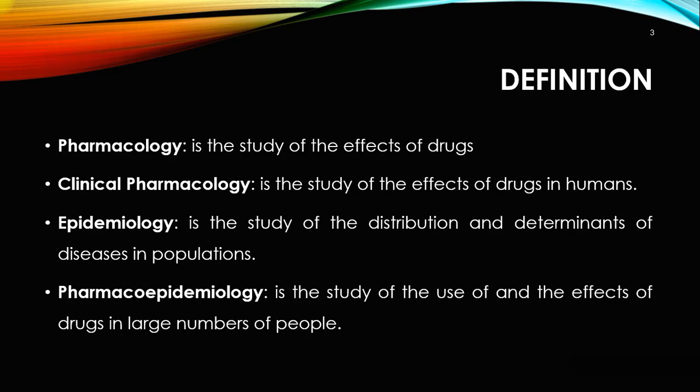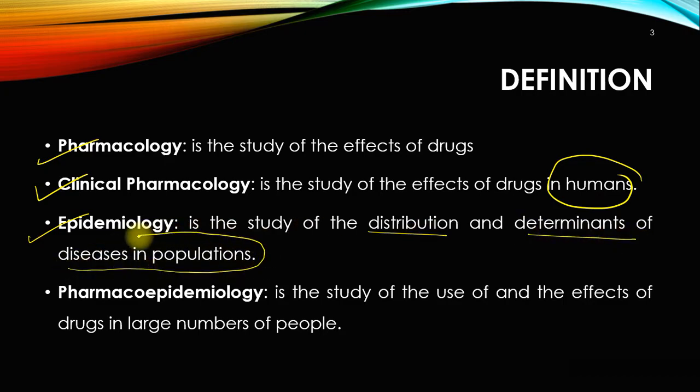Okay. So let's start with the first point, that is some basic definitions. So first is the pharmacology. It is the study of effects of drugs. Then clinical pharmacology is the study of effects of drugs in humans. Then epidemiology is defined as the study of distribution and determinants of diseases in population. So remember this, in population. And what is pharmacoepidemiology? It is the study of use of and the effects of drugs in large number of